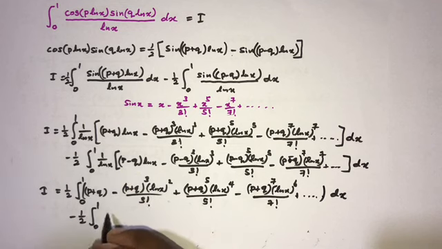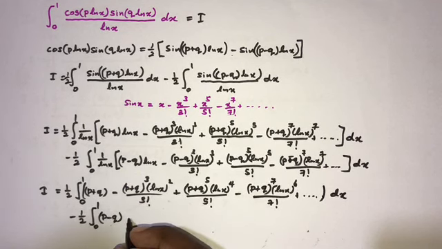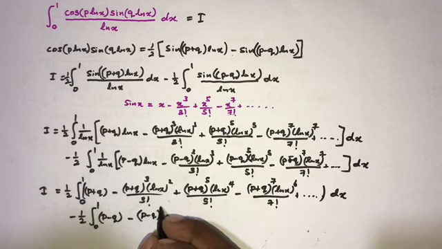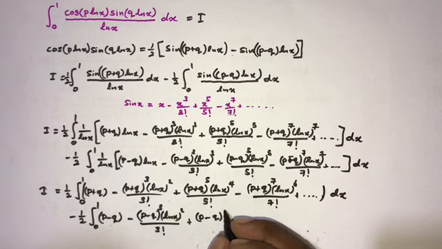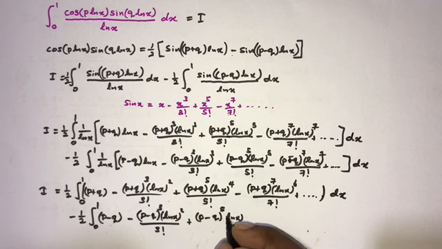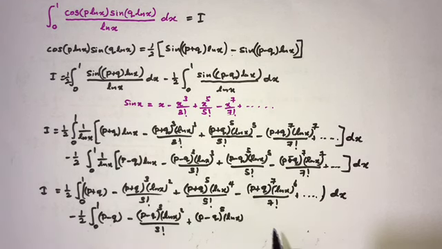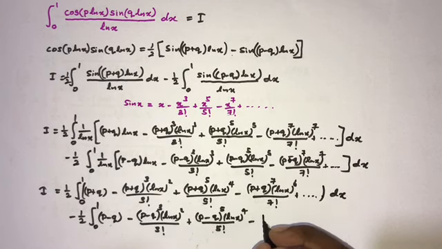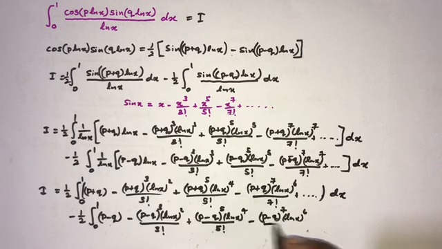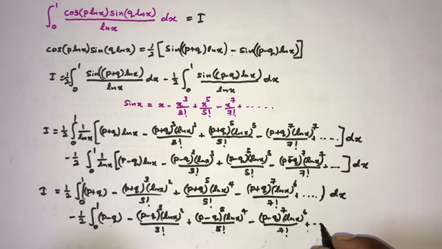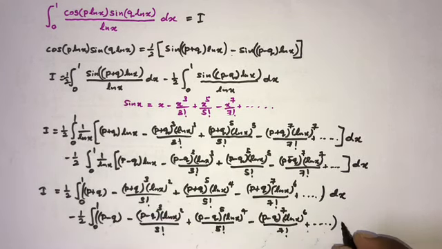Here also natural log of x get cancelled, and here we have only p minus q, then minus (p minus q) raised to the 3 power natural log of x square over 3 factorial, plus here (p minus q) raised to the 5th power natural log of x to the 4th power over 5 factorial, minus (p minus q) raised to the 7th power natural log of x raised to the 6th power over 7 factorial plus so on, and then here